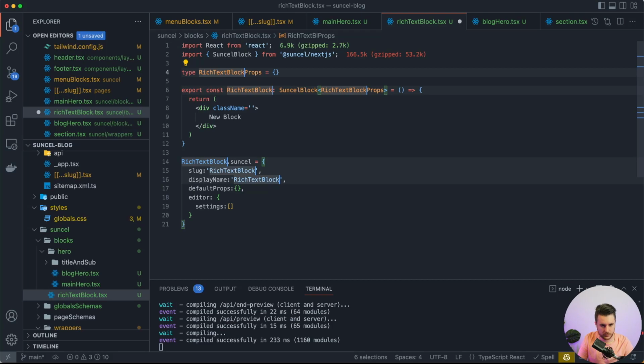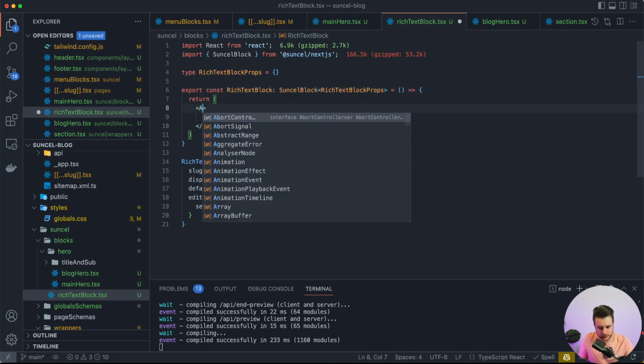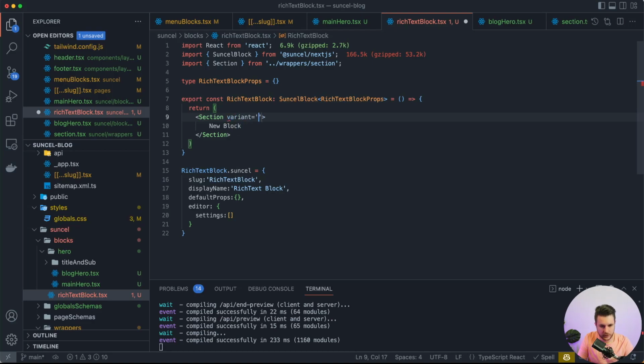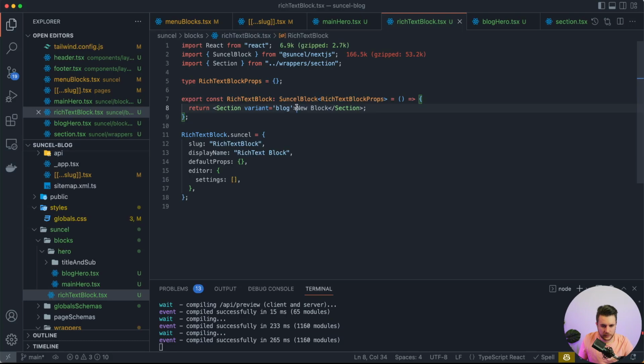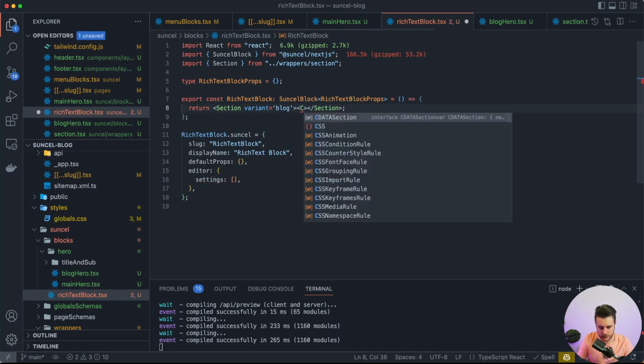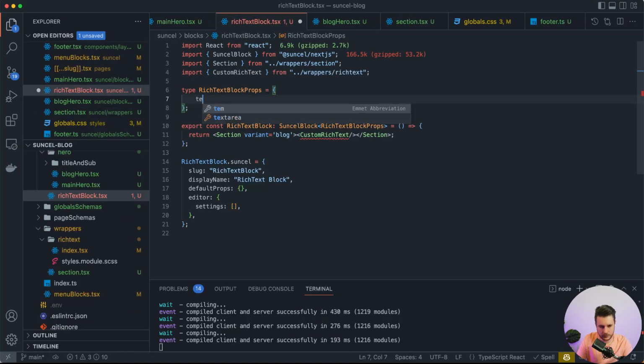Richtext Block. It will just return rich text. I will also wrap it inside my section and variant blog. And it will just return, like I said, the rich text. We will define